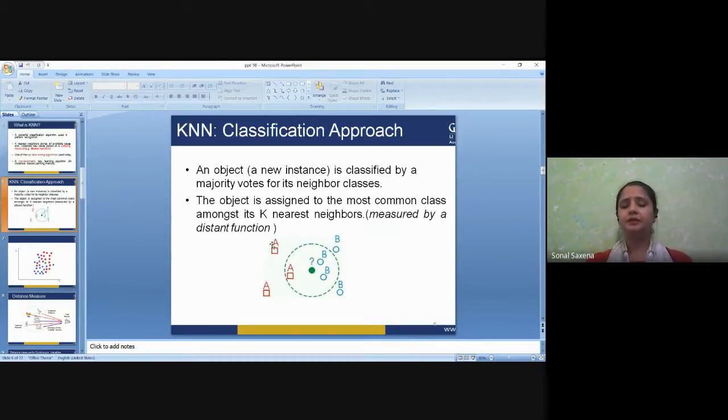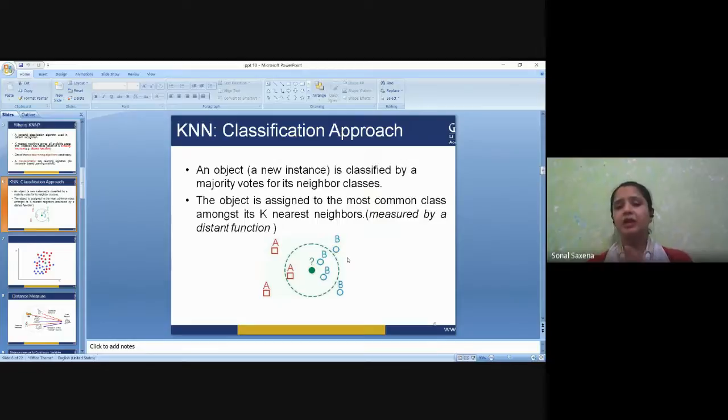Now let's say that the first class, that is class A, has voted. The instances who have voted that this new object belongs to them are only 3, and the other class, let it be B, is voting for this new object, and their total vote count is 4. Now, when we compare the votes of A with B, we'll find that the majority of the votes are on the B side. For B we have a total of 4 votes, and for A we have only 3 votes. So the majority always wins. That is why I am going to consider this new object to be of class B.